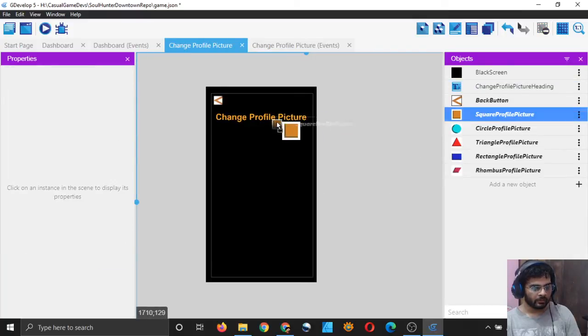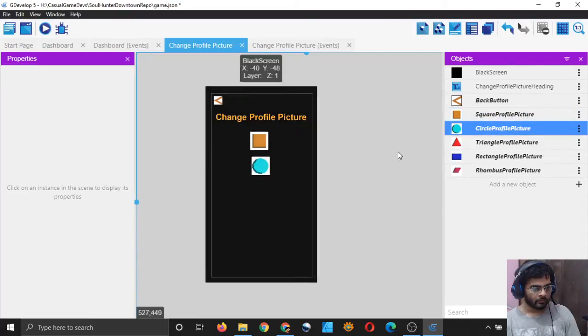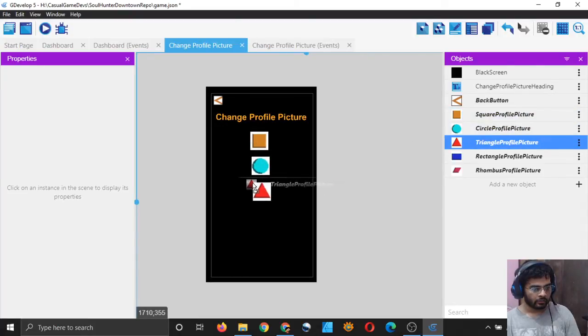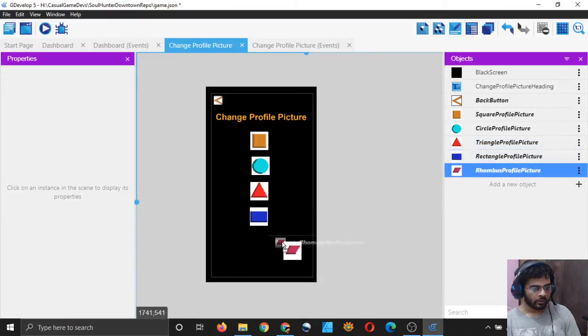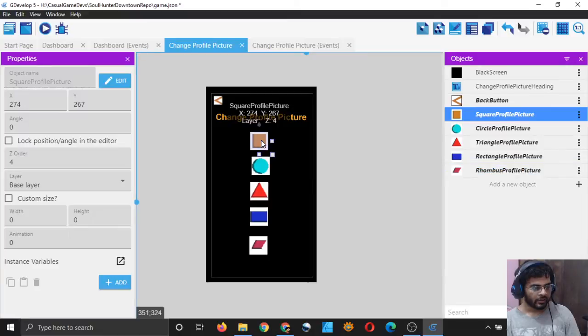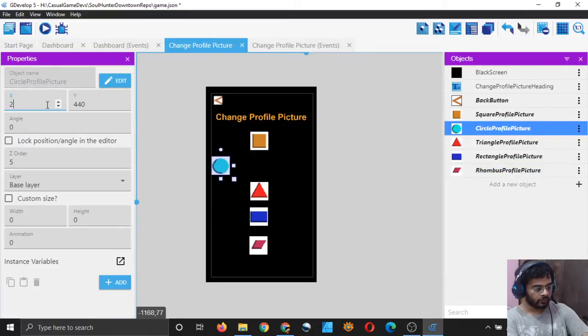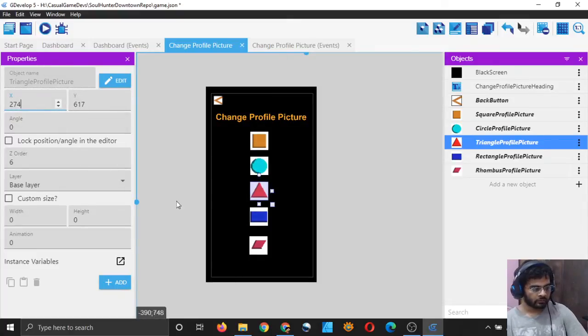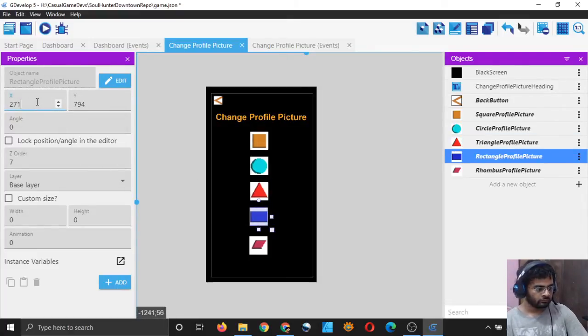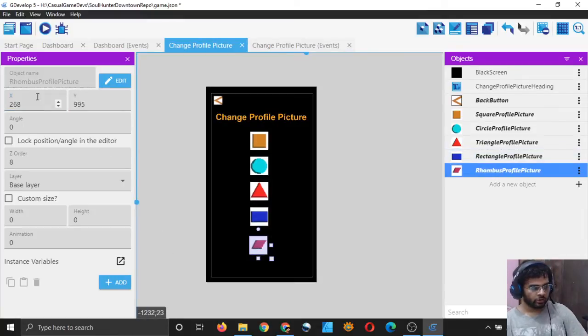So I will simply bring this here and bring this here and bring this here and bring this here and bring this here. What is the x position of this? 274. So x should be 274 for all of them, and that is how they will be at the same position in the x-axis.